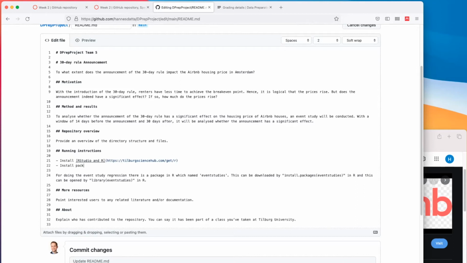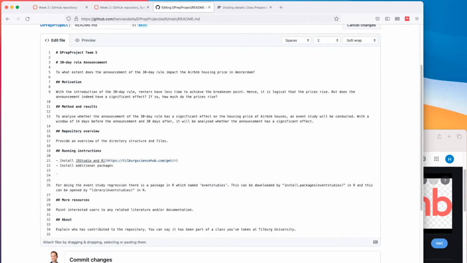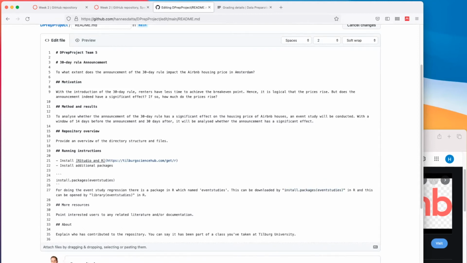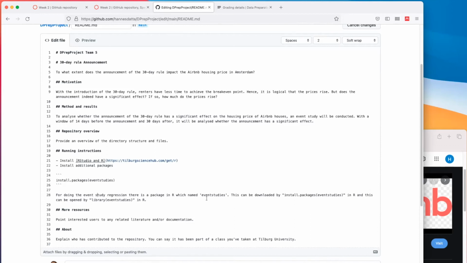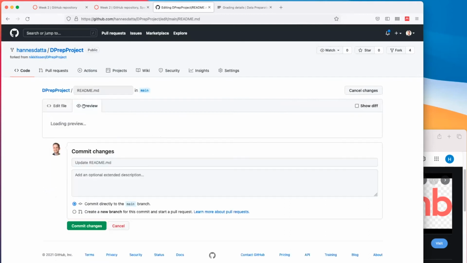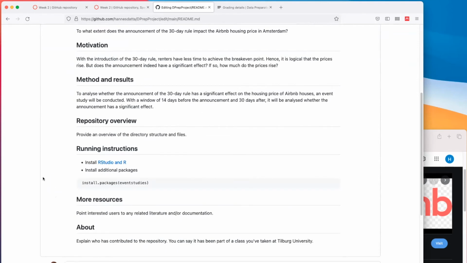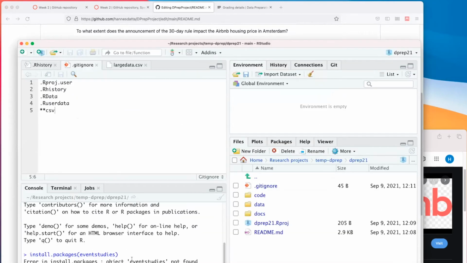Install additional packages. If you start your line with three accents like this, I don't know how to properly call them, you can then write install packages event study. That's it, and close it again. The rest is going to be in your code. But right now, if you go in preview, people who are lazy immediately say, oh, I got this, install and go to R and just copy paste. That's it. Oh, actually, you need to wrap it in quotation marks, but maybe this was my mistake.